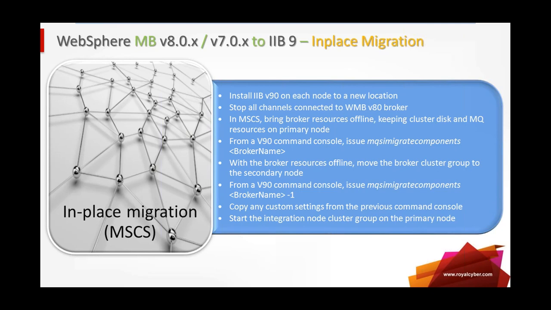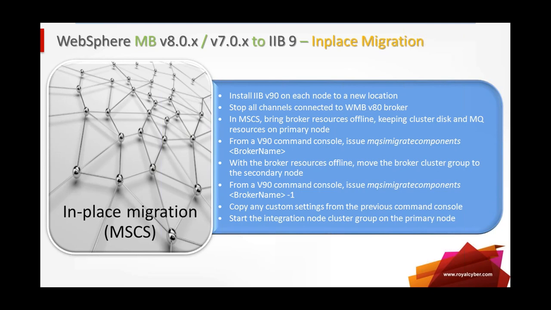If you see, the steps are more or less the same, but again I like to put them here. So you have to install your IIB 9 on each location. Then again you have to stop the channels. Then in your resource configuration file, you have to bring your broker offline, right? And you have to keep the cluster disk, which is to the primary node, and the MQ resource in the primary